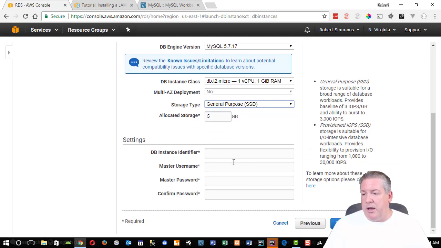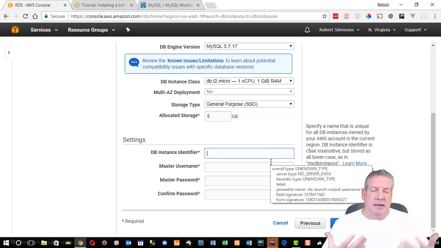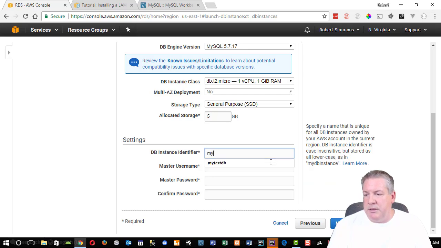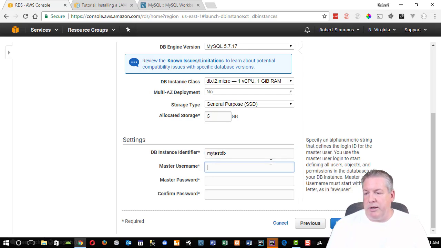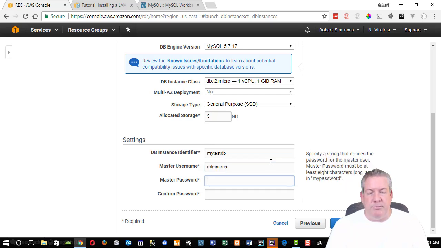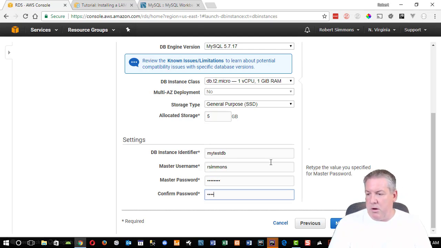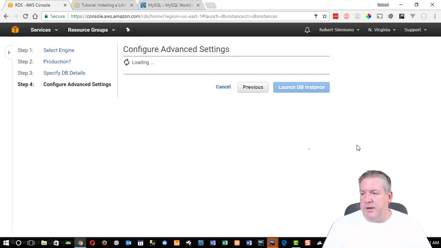All right, so we're going to have a DB identifier, which is just the name. In this case, let's call it, well, I've already done it once. Let's see if we can do it again. It may not let me do the same one. Master username, we're just going to put R. Simmons, put whatever you want to use as your username. And for the password, I'm just going to do 1234, 1234, and then 1234, 1234. All right. Hit the next step,